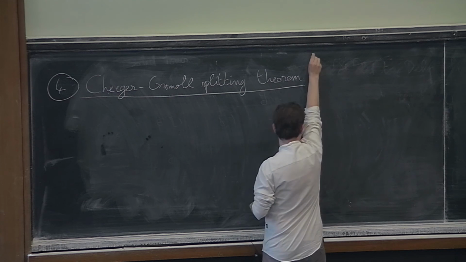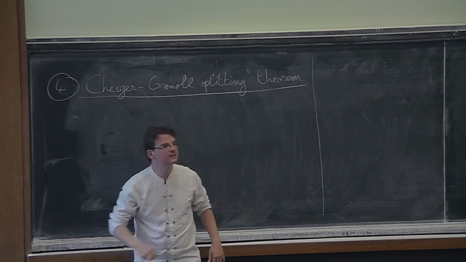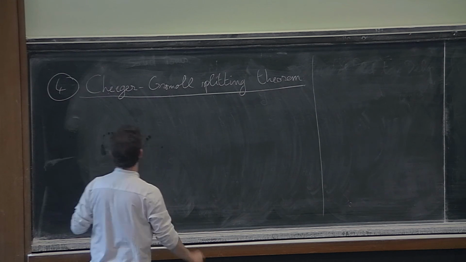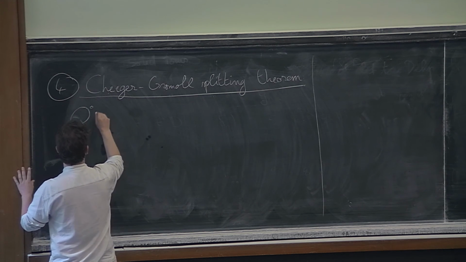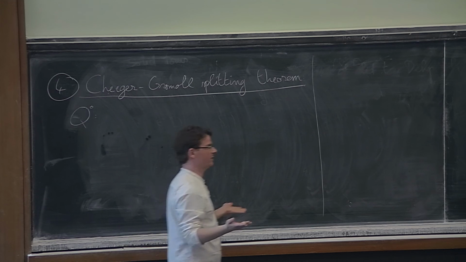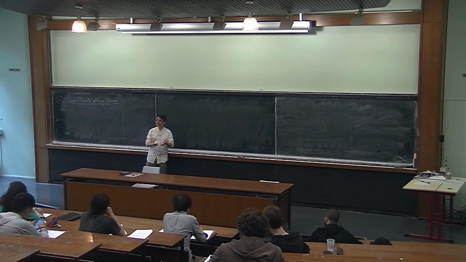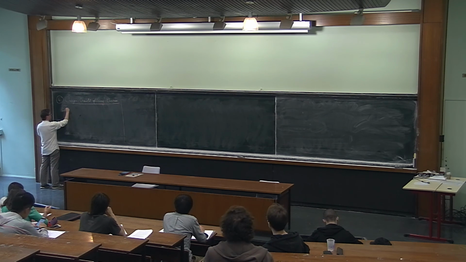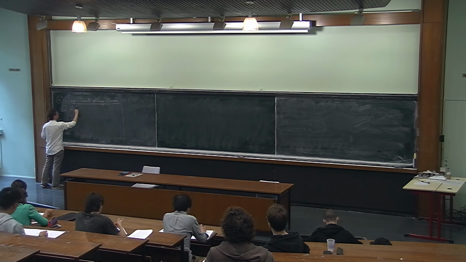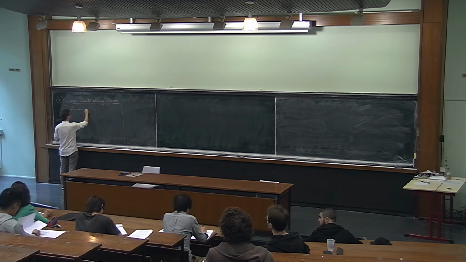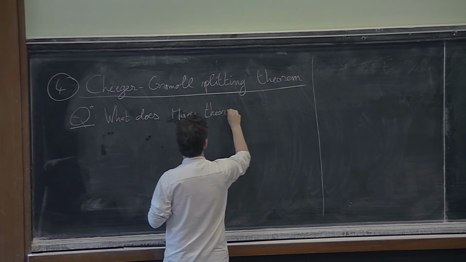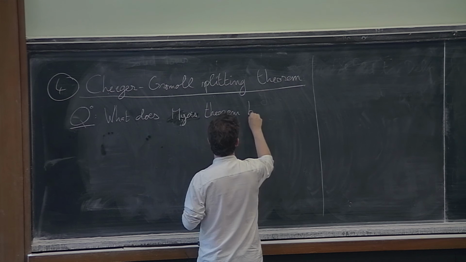Maybe a way to understand this thing is to ask the following question. So recall that we have seen that when the Ricci curvature is bounded from below by something positive, then we get a diameter bound. A natural question would be, what does Meyer's theorem become